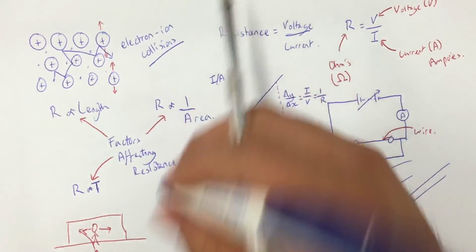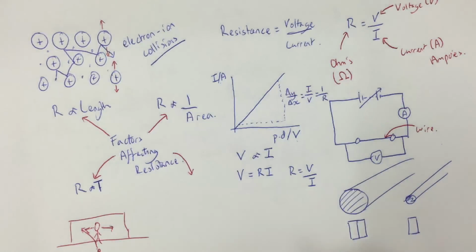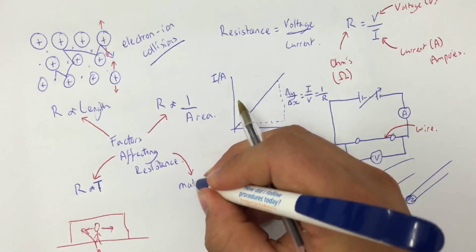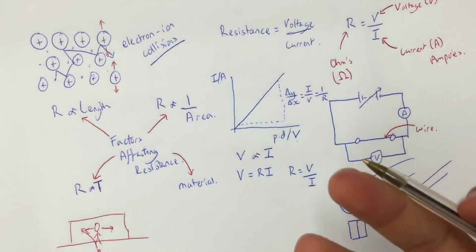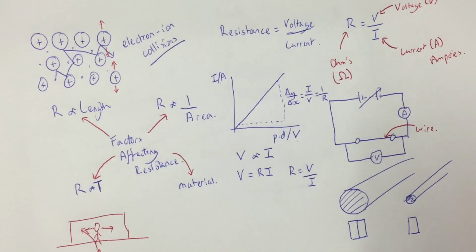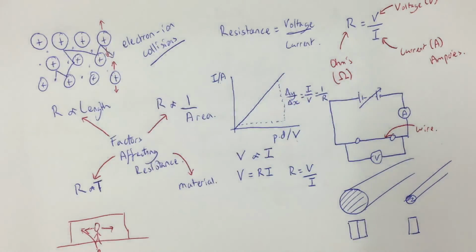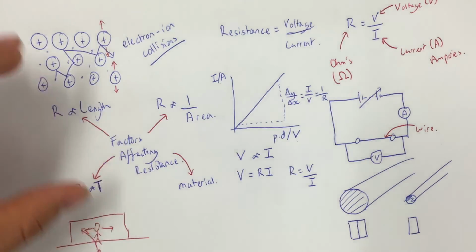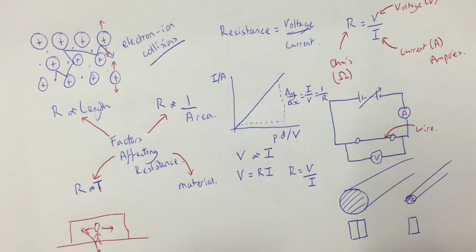And the last thing that affects resistance is the material itself. So different materials will have different amounts of resistance, which we call resistivity. But different materials will have different degrees of resistance depending on how many electrons they have to conduct, what type of bonding they have. So we've talked pretty much exclusively about metallic bonding, but electricity can flow through materials that aren't made out of metals,